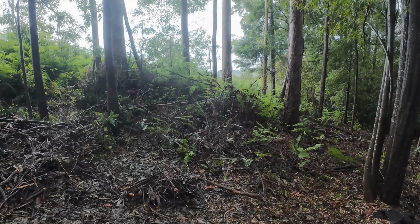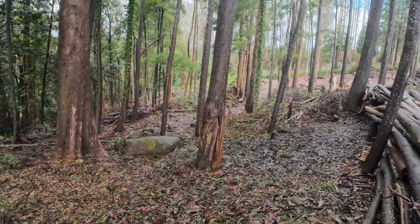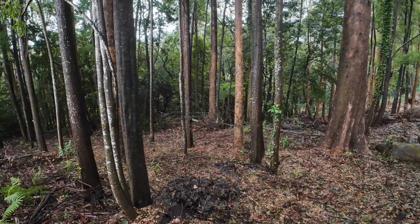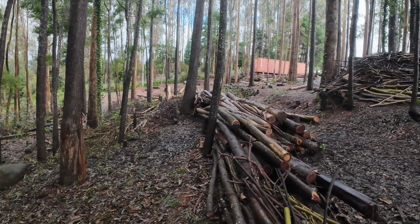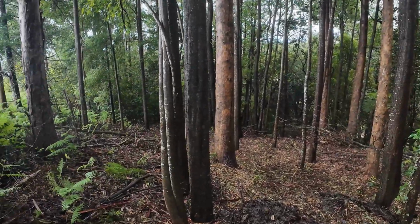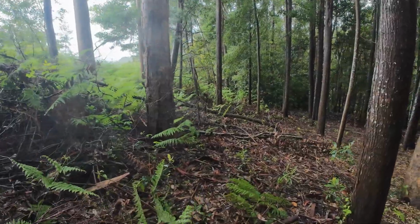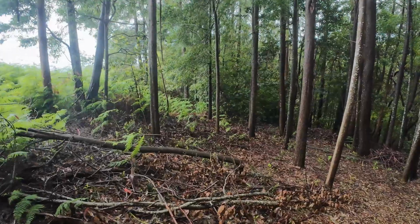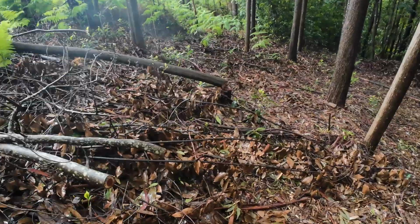We've spent 2.5 days clearing it, and we're finally at a point where we've never had this as accessible as it is now, which is pretty cool. It's always nice to consistently see the development of the land and the space that we gain, because every time we break through new ground, we are opening up space for ourselves that we haven't actually ventured into yet. For example, just down here, although we've been through and bashed a bunch of little stuff down, as you can see,